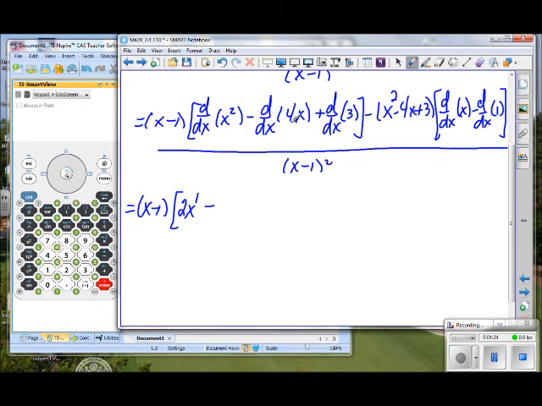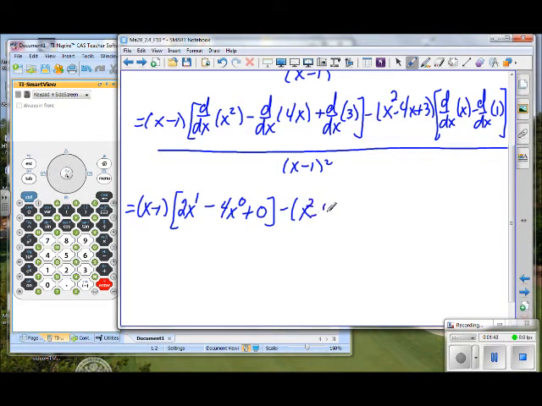Minus the derivative of 4x would be 4 times 1, and then we subtract 1 from our exponent, which gives us x to the 0, plus the derivative of a constant function, as we've been seeing, is 0, minus x